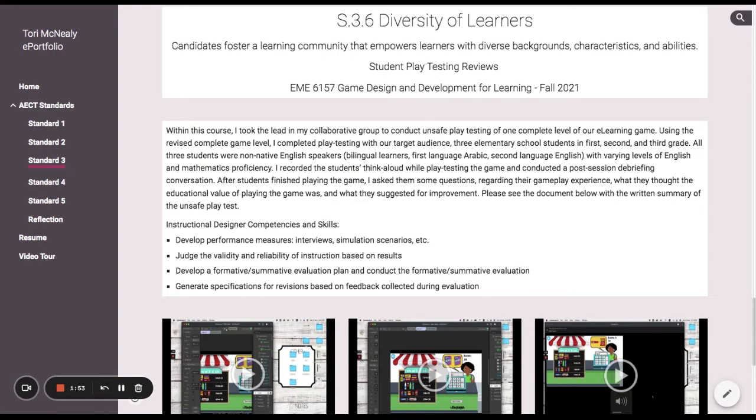None of them were non-native English speakers. Most of them spoke Arabic as their first language. Some were bilingual, some were trilingual students, and they all had varying levels of English proficiency as well as mathematics proficiency. And again, they were also in different grade levels. So I felt like that was a great representation of the diversity of learners that were able to play test this game